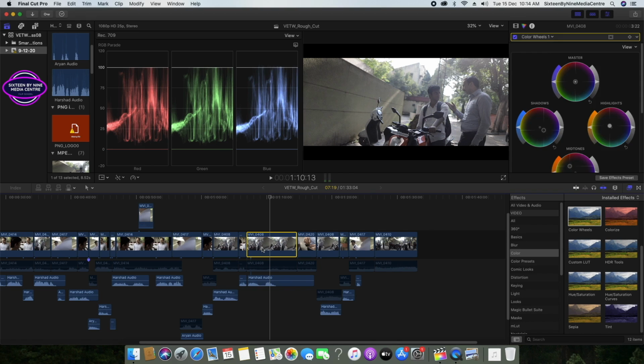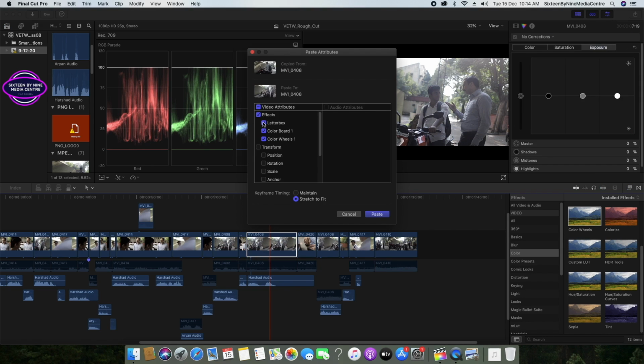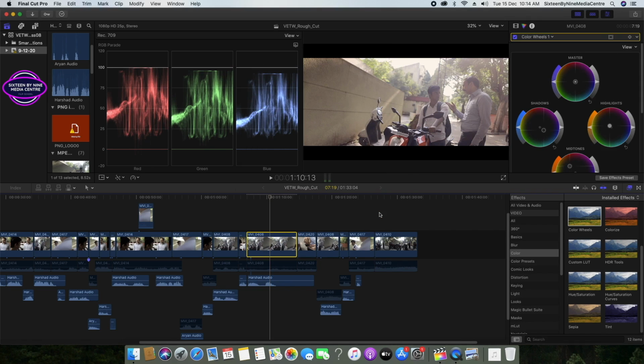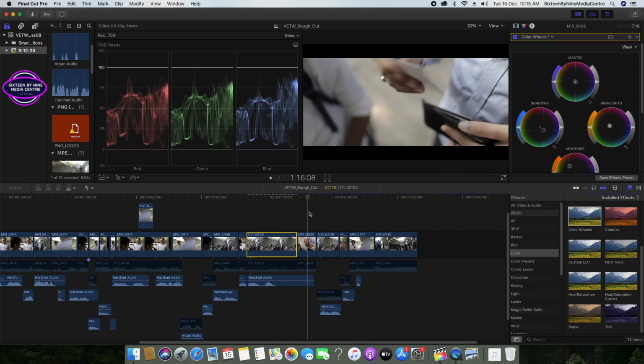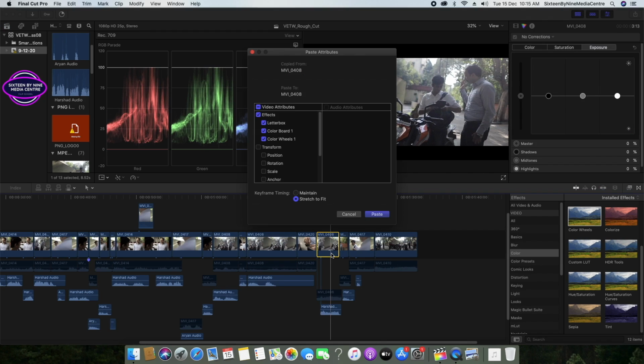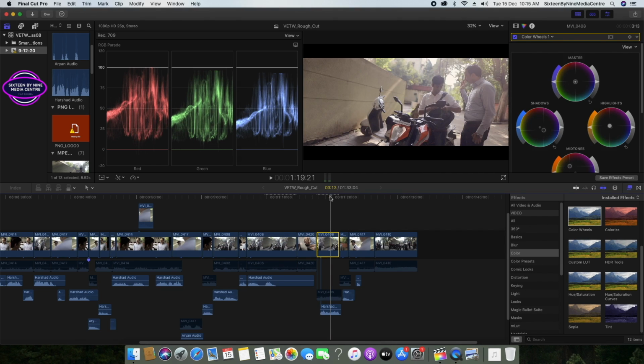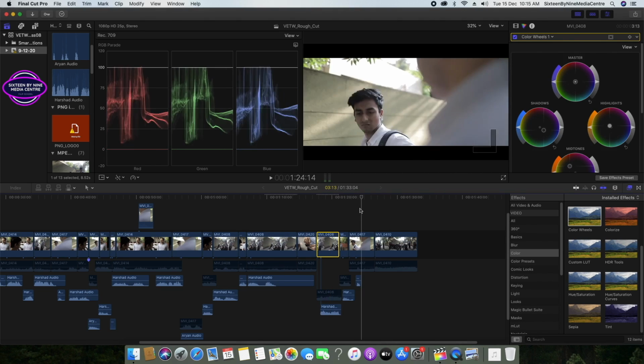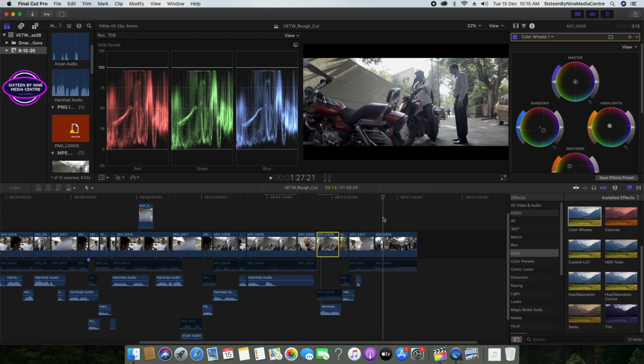Again here, Shift Command V. Again here, Shift Command V. And this is a different shot, different clip. This is a different clip, but it is from the same angle.